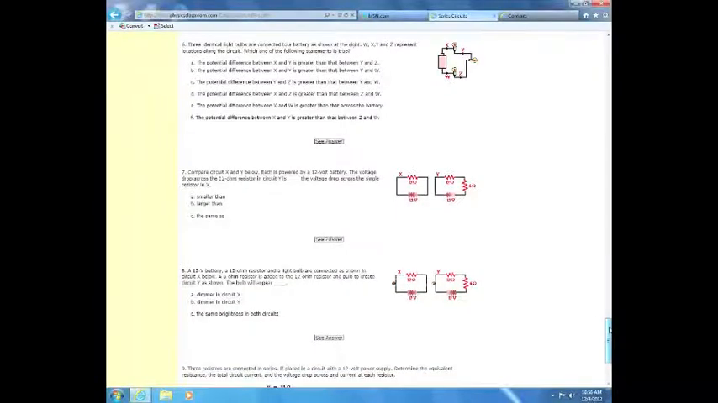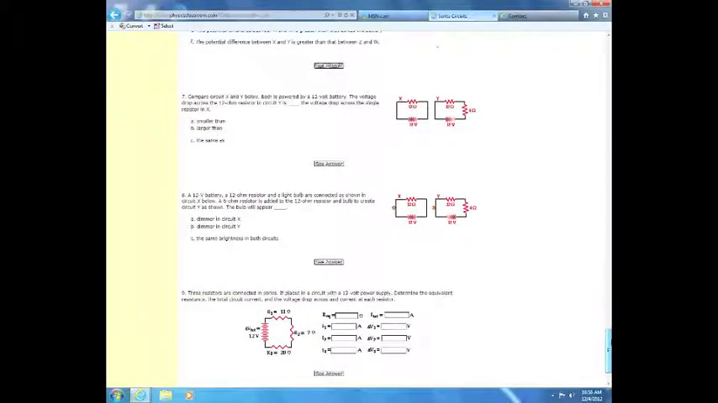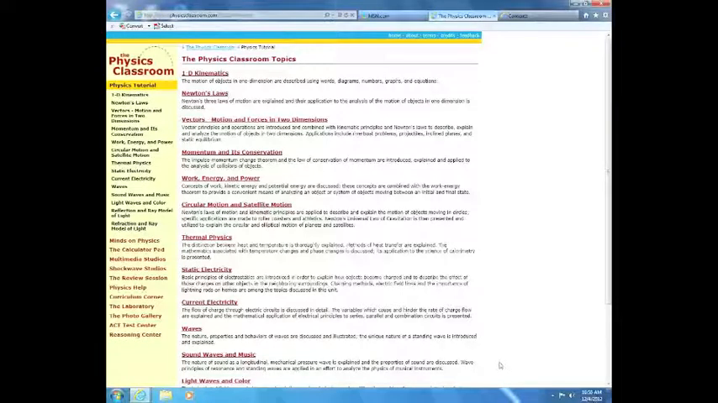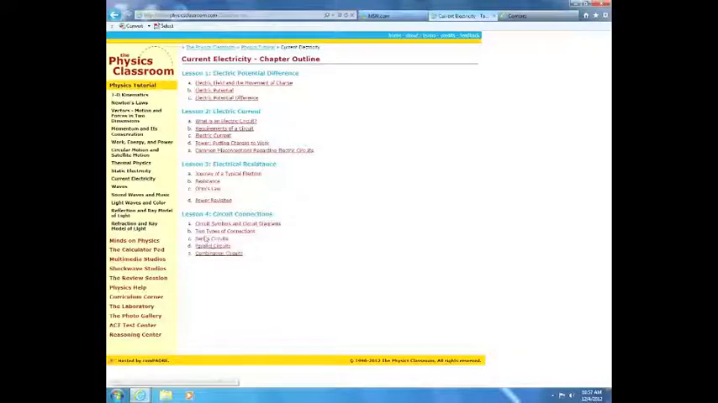We scroll down, look at another loop, and we see at the bottom of the page a different way to go back to The Physics Classroom. We were learning about current, so we click on current there, electricity, go to lesson 4, series